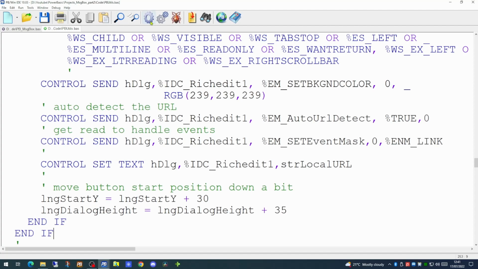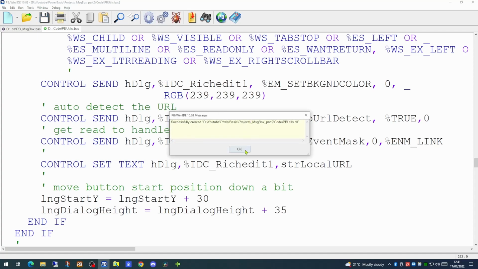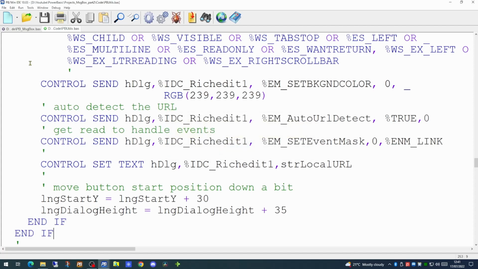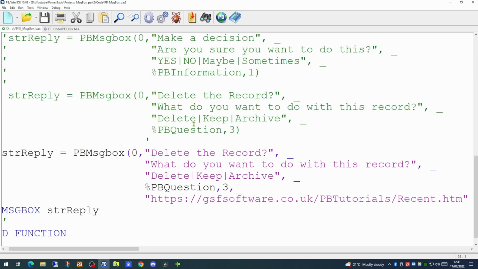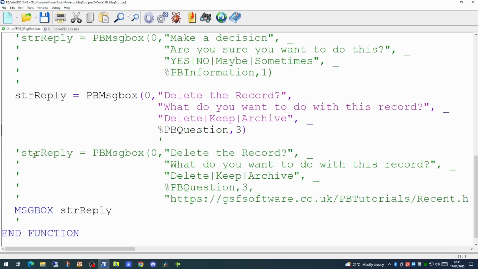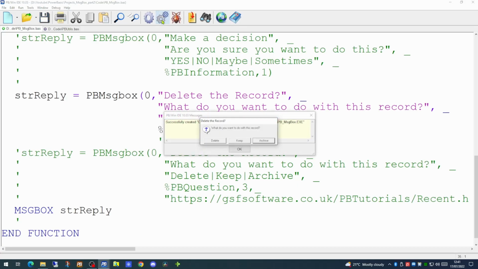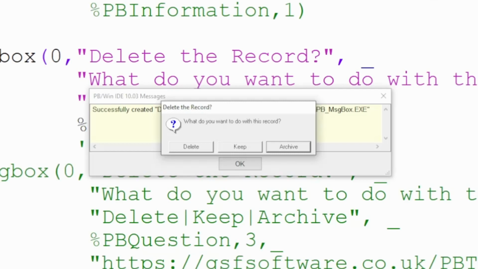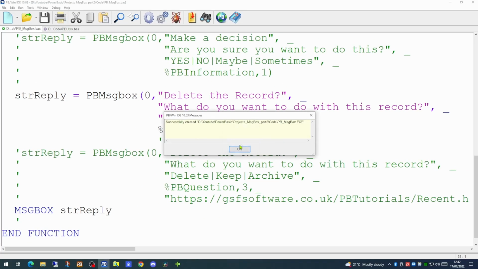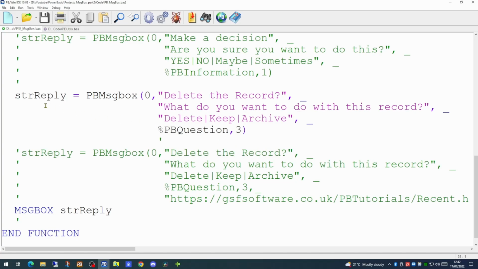Right, one more compile, and we have compiled quite cleanly. So let's test this now. Let's try running the message box as it was originally. This will ensure that the extra functionality we have put in has not broken existing code. So we run our application and we're getting the small message box appearing with the 3 buttons we have designated, and the third button is seen as the default. So our existing functionality is working quite happily.